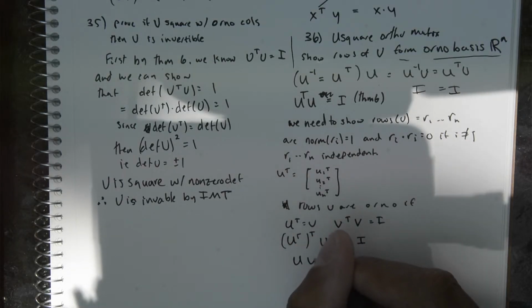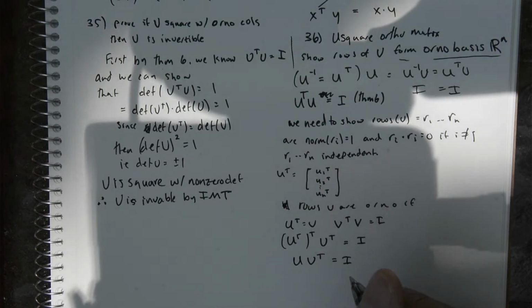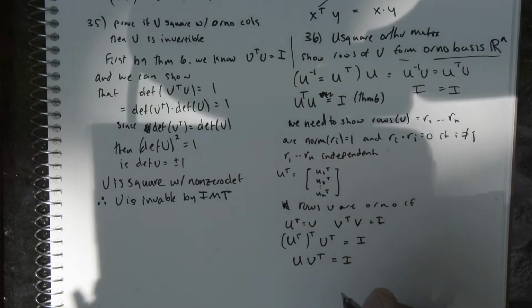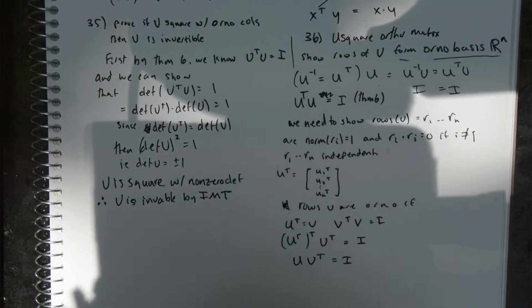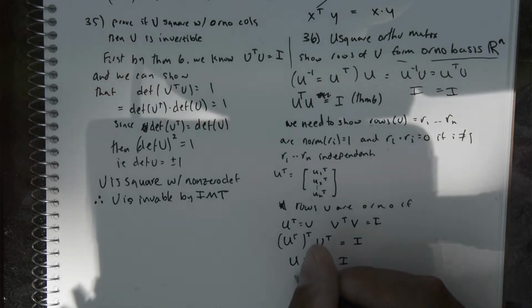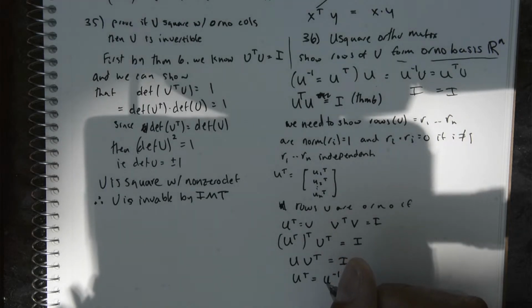This is U times U transpose is equal to I. We know it's invertible because it's square. I don't think they actually display it as a theorem, but anyways, you get U transpose equals U inverse, and then you just, but this is,